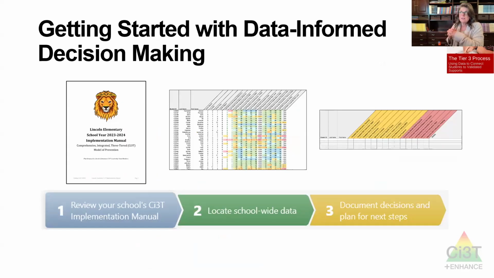Mark Buckman and I have this Project Screen Part 2 that's going to build on the work that we got to do with Wendy Oakes in Project Screen Part 1, where we're actually going to introduce a new tool, if that gets funded, to make this problem solving process a little more explicit so that you can go from here's your manual, find your data, and then make decisions about what needs to happen in terms of next steps.